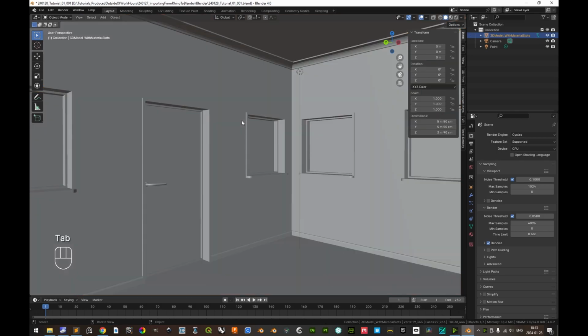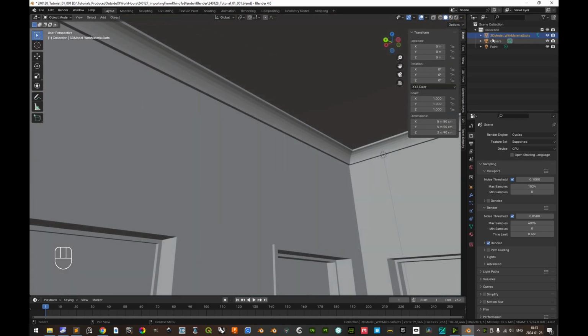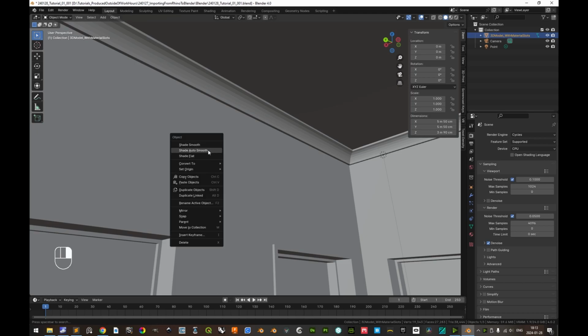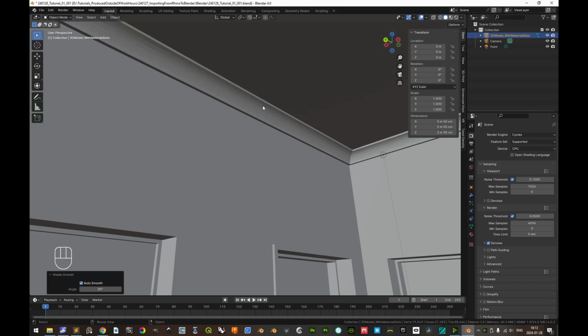We can hit Tab to exit edit mode and return to object mode. Make sure that the object is selected by being highlighted with the yellow text, and then right mouse click in the viewport and click Shade Auto Smooth. You might have noticed that these curved segments are now shown for some areas as smooth and for some areas as not. As you see here where it creases, there are these shading artifacts, but we will fix these